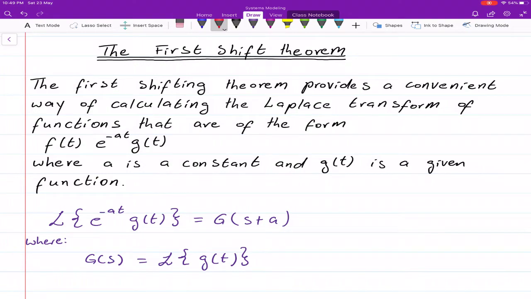We are now going to look at another example, but first, let's talk about the first shift theorem. Now, the first shift theorem provides